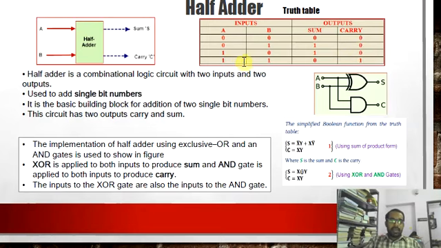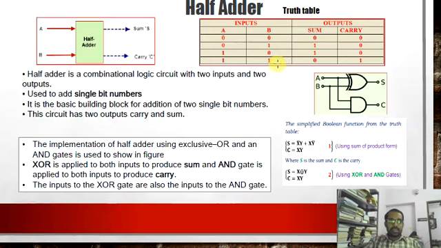Finally, if you are adding 1 and 1, the sum will be 0, and there is a carry 1. I think you might have learned this one in your binary additions. That is because when you are adding 1 and 1, there is only one single bit to represent your sum. So 1 plus 1 in binary is 2, that is 1 0. The first digit, 0, is the least significant digit that is represented here, and there is a carry, which is 1.